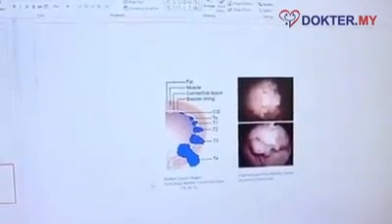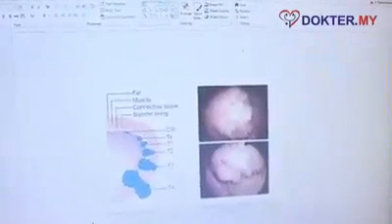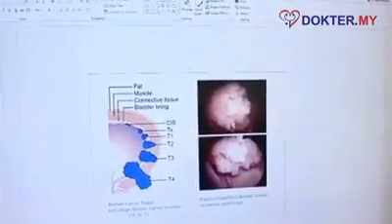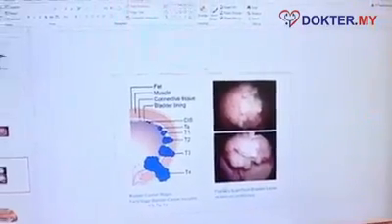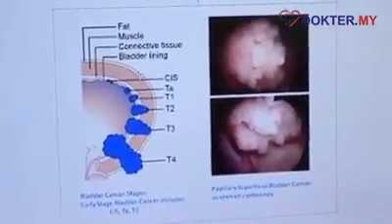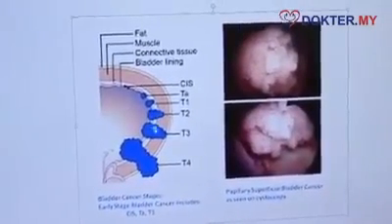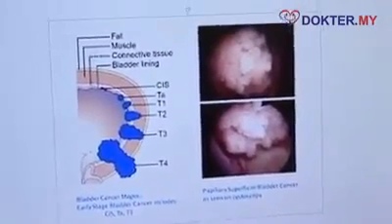This is how we stage the tumors. This is how the bladder tumor looks like. It looks like grapes filling up inside the bladder. We have different stages for bladder cancer. You can have a small early stage. This one we can manage to cure. When it comes into the muscle, these are the later stages, T3, T4, then we have to remove the whole